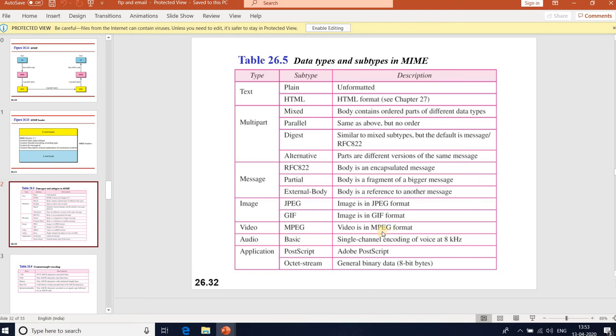Audio basic contains the original message as sound, and the subtype is basic. It uses 8-bit, 8 kilohertz voice, standard voice. The last content type is application. PostScript is used when the data is in Adobe PostScript format. The last one is octet stream, used when data must be interpreted as 8-bit bytes, binary.